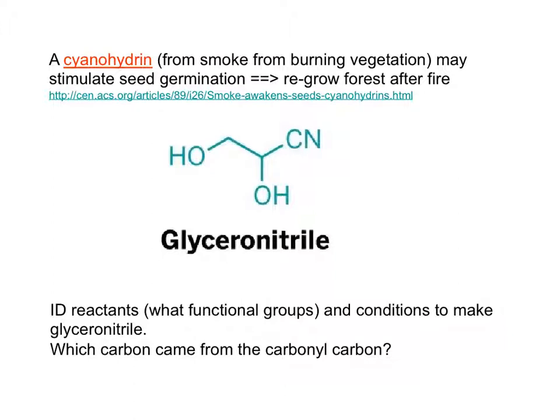A cyanohydrin, such as glyceronitrile, may stimulate seed germination and may help regrow a forest after fire. So let's work backwards and determine the reactants which would be used to make glyceronitrile. So stop the video and draw the reactants. And here's a hint. Which carbon came from the carbonyl carbon? So this carbon comes from the carbonyl carbon. And the reactants are,